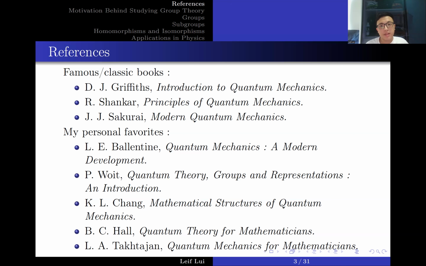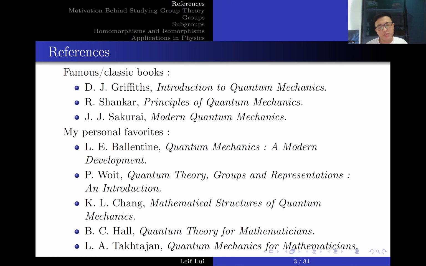On the other hand, the next book is also quite mathematically rigorous, but it is something that I can recommend to beginners. It is Chang's Mathematical Structures of Quantum Mechanics. And funny story about this is that this was actually before wanting to start off my career as a physicist. When I was 18 or 19, I picked up this book, and this was the first book I picked up to learn quantum mechanics. I didn't search up, oh, what's the best quantum mechanics book? I just went to the library, and this was the first one I picked up.